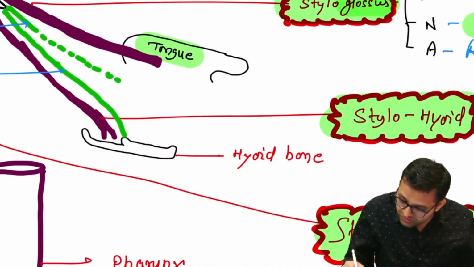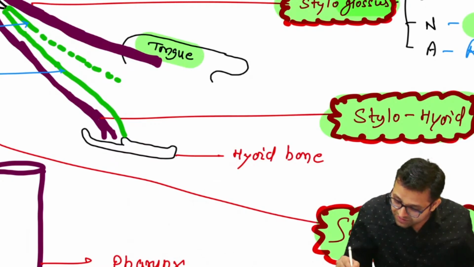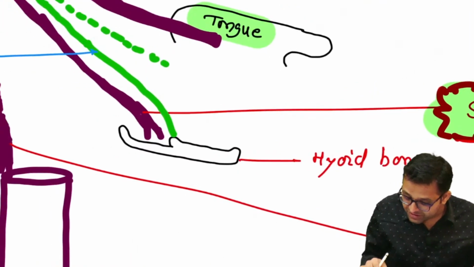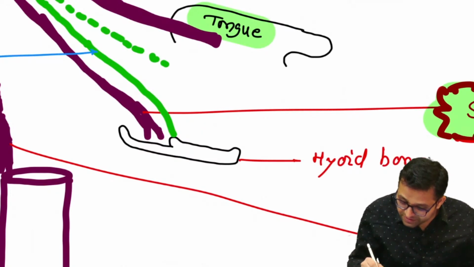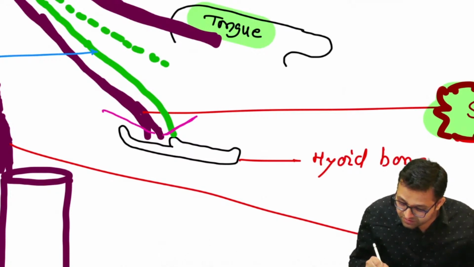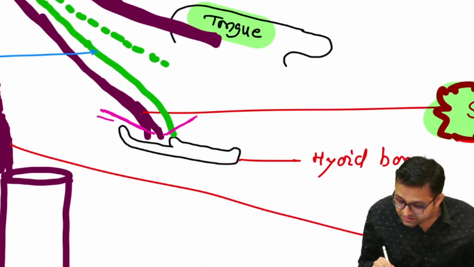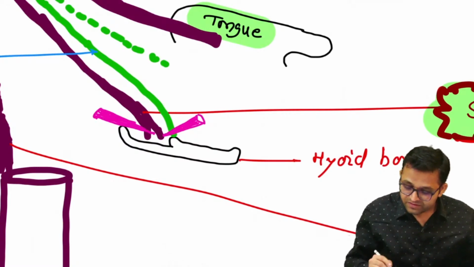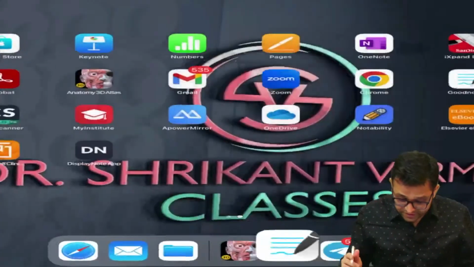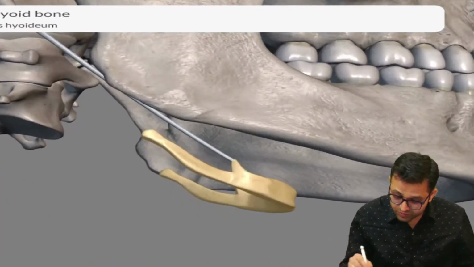Sir, you told that there is another muscle, shown with a little bit of pinkish color. There is the anterior belly of the digastric, correct, sir? And the posterior belly of digastric. The posterior belly of digastric is passing in between the two ends. Getting the point? Yes.